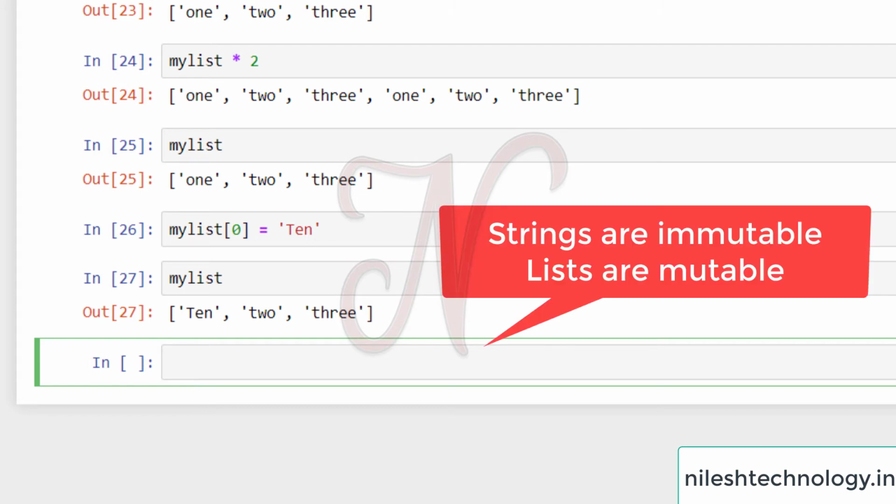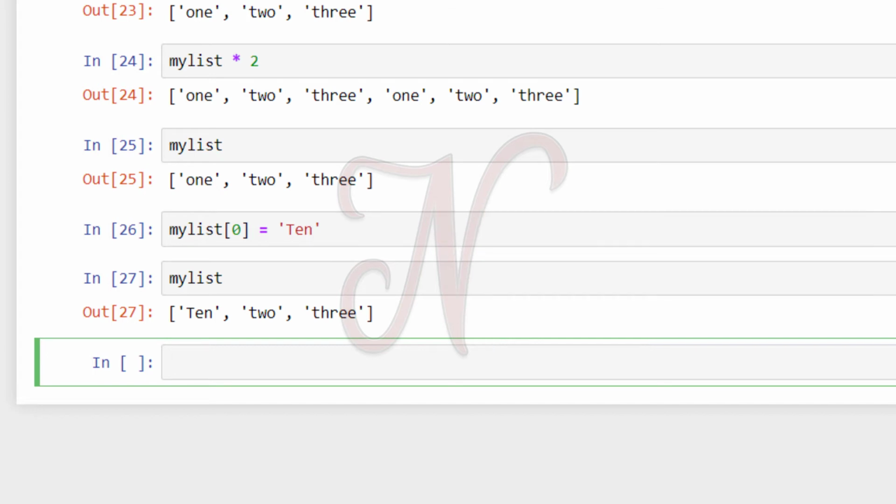This is not possible in a string, but this is possible in a list, because strings are immutable, but lists are mutable. A list can change the elements that are already in the list. So this is the difference between a string and a list. A list can change a value by using the index.